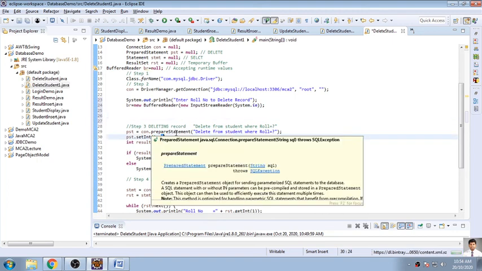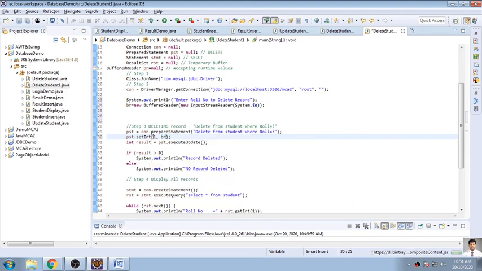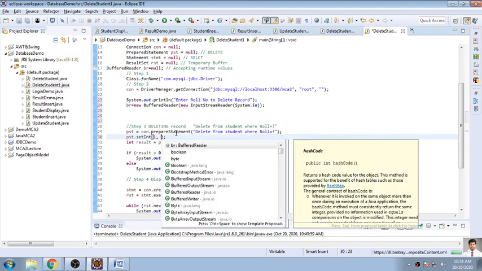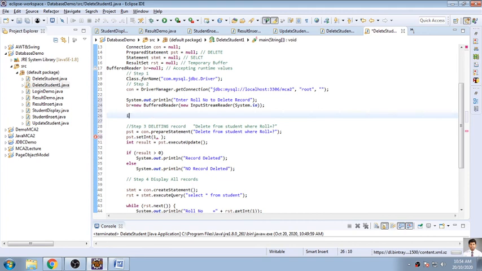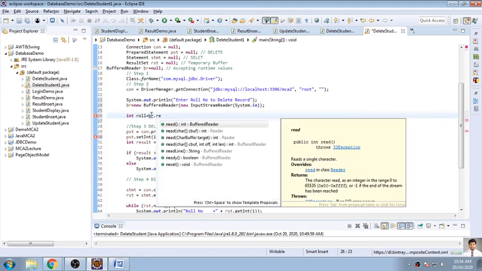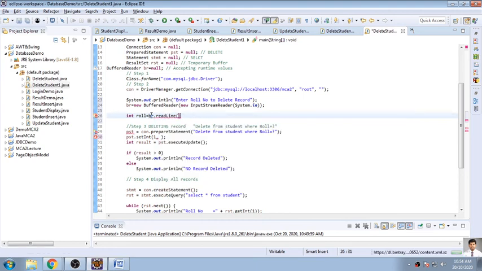So here I directly say br dot, so it is an integer, so I need to use int roll is equal to br.readLine. So this is one function,